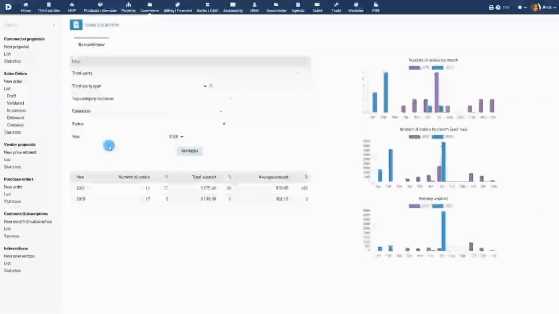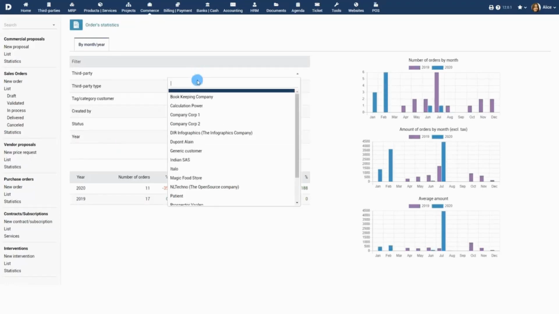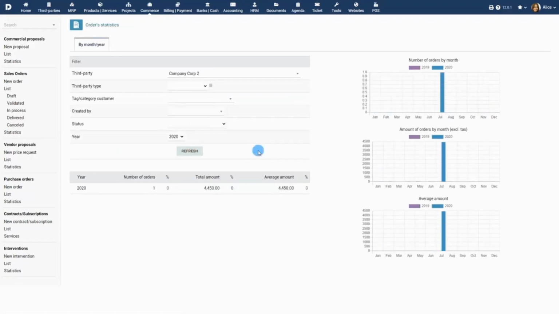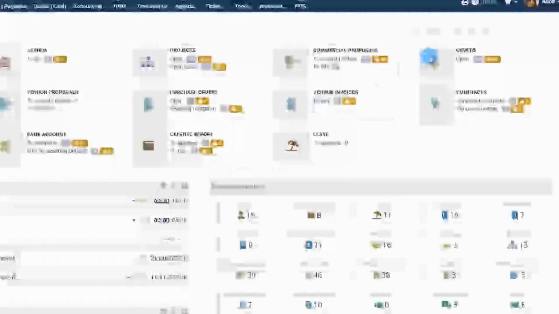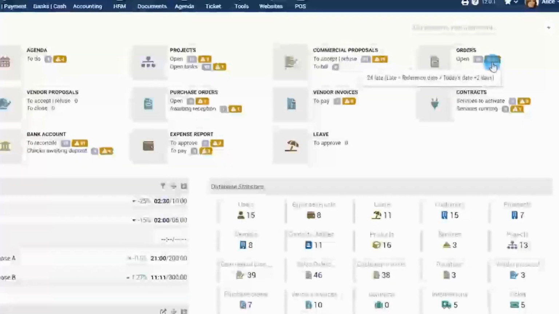Statistics gives a bird's-eye view of how the orders are being fulfilled. Use the filters such as company and customer to view detailed statistics. In any page of the application, for example on the main dashboard, when the reference of a sales order is mentioned, an orange flag alerts you when a sales order is delayed. You can set up an offset, the number of days before or after the expiration date, to decide when the visual late alert must